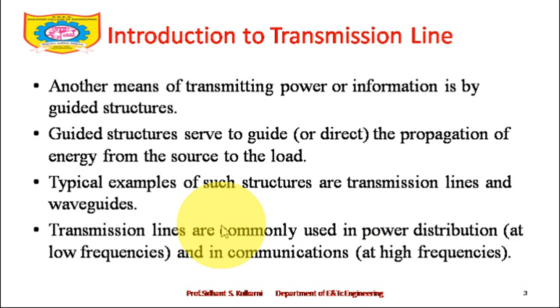So if it is a low frequency, it can be used for long distance communication, and in communications at high frequency, because whenever I am talking about 3G, 4G, 5G, Wi-Fi, hotspot, Bluetooth, anything, they are operating in terms of gigahertz. So just 50 hertz to 2.45 gigahertz. So this transmission line also carries this information at higher frequencies, and we say that transmission lines are used for communication.